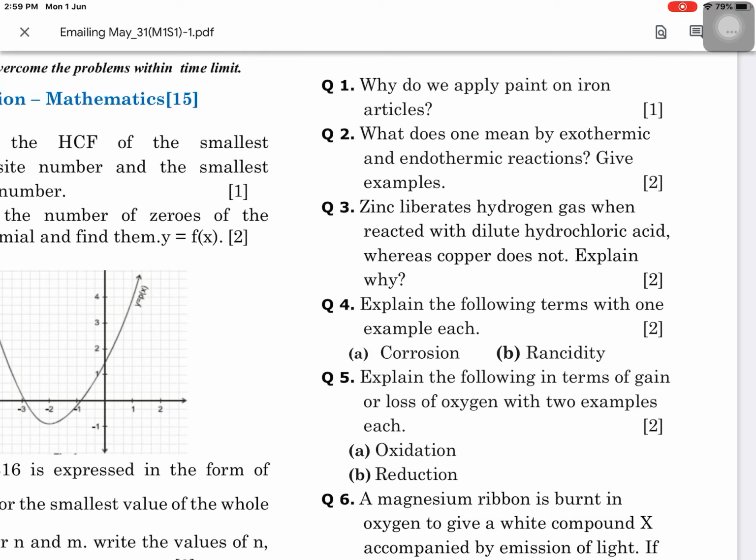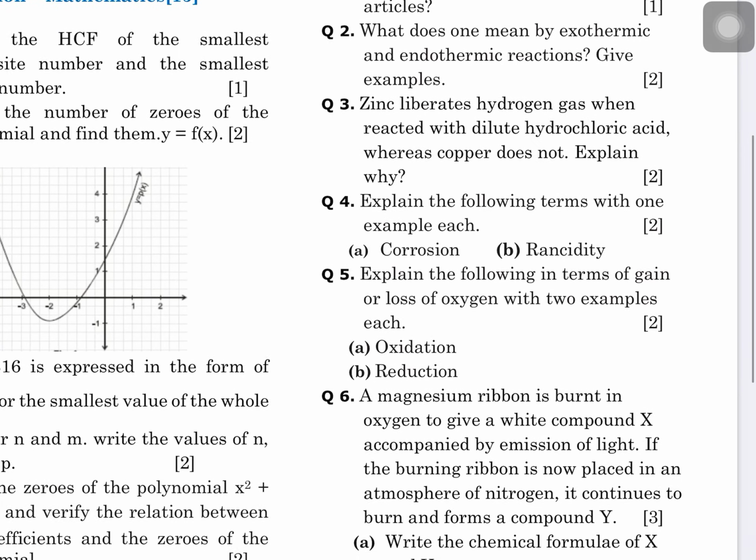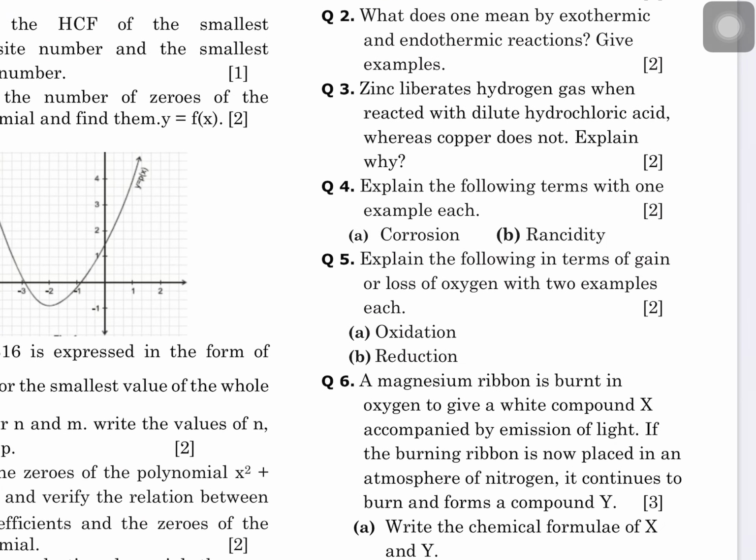What is next? Explain the following in terms of gain or loss of electrons: oxidation and reduction. What do you understand by oxidation and reduction? Today our topic will be oxidation and reduction, but I have given you the study model. Whenever you prepare for the examination, you have to study the lesson and chapter thoroughly along with the study model I gave you. Is that clear, guys?